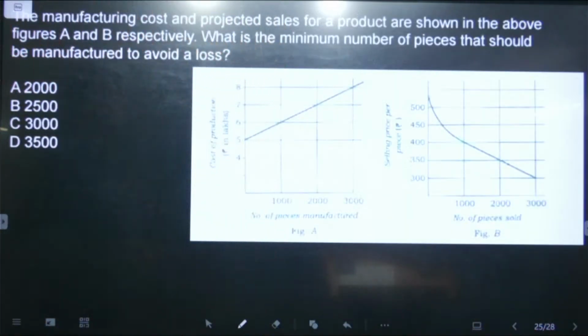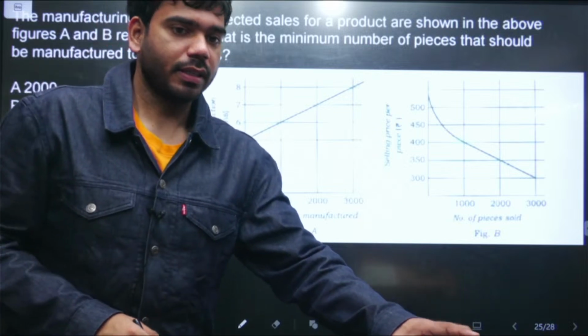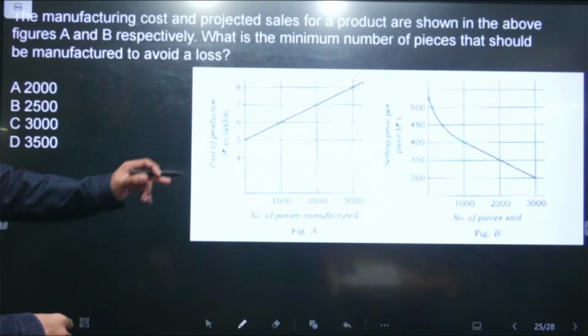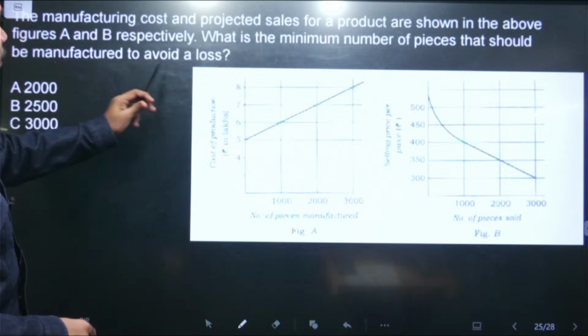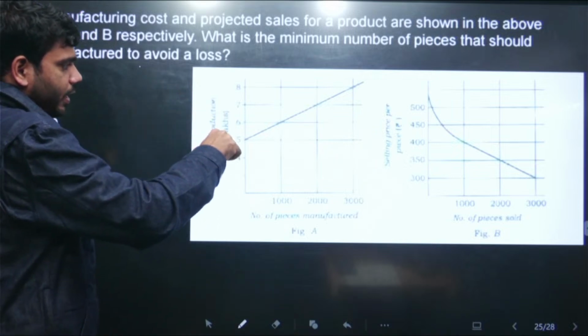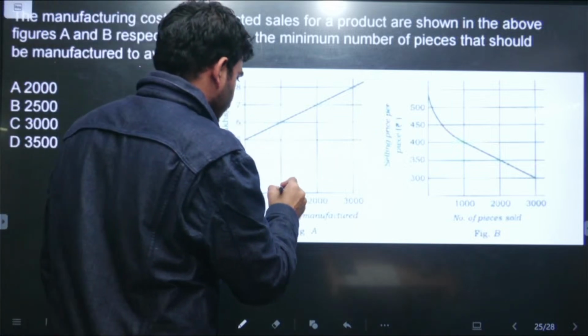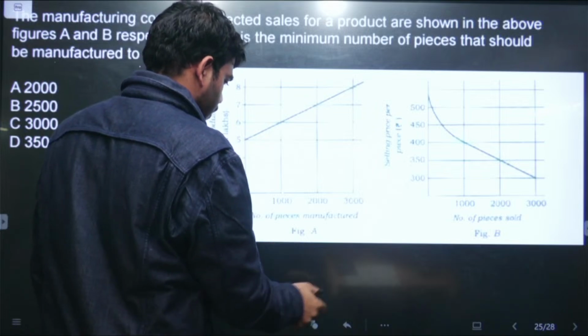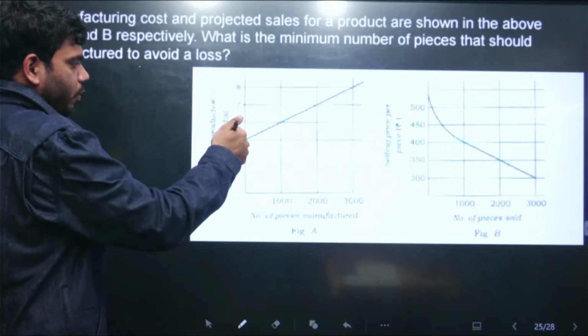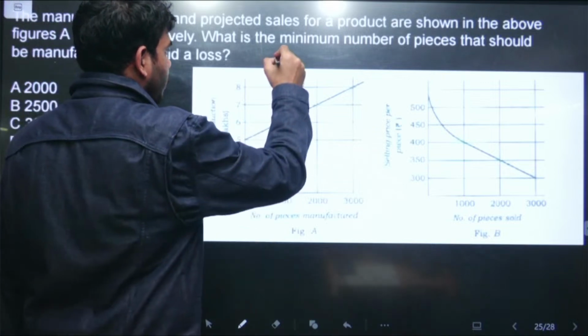Now these are table based questions. Now we will discuss some table based questions. So this is saying manufacturing cost and projected sale for a product are shown in the above figures A and B. The minimum number of pieces that should be manufactured to avoid a loss. So this is cost of production in lakh rupees. So it is saying if there are 1000, I use a different color now. This is the cost of production in lakh rupees. So this is production cost, and this is